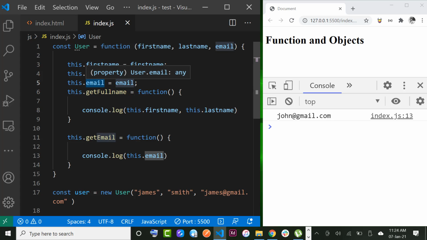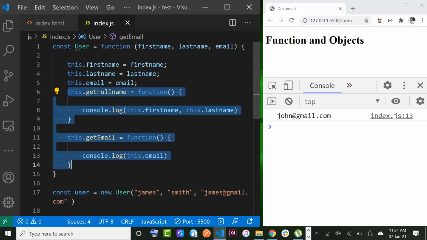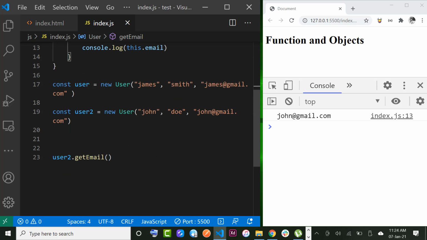How do you call it? Variables. It doesn't do anything. You just have the values of whatever variable you're specifying there, right? Somebody will tell you that this is not an efficient way of writing the method inside an object. Why? Okay, let's keep the getEmail. If we do console.log